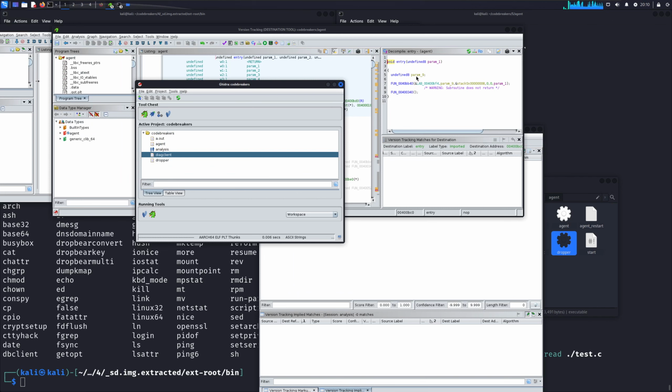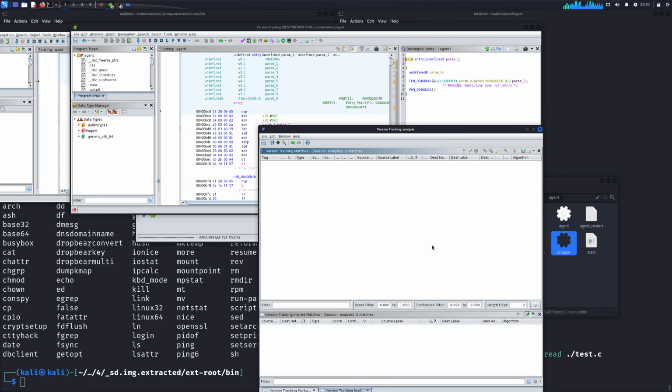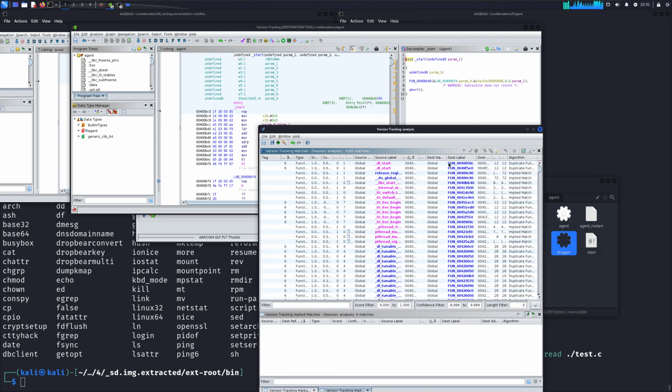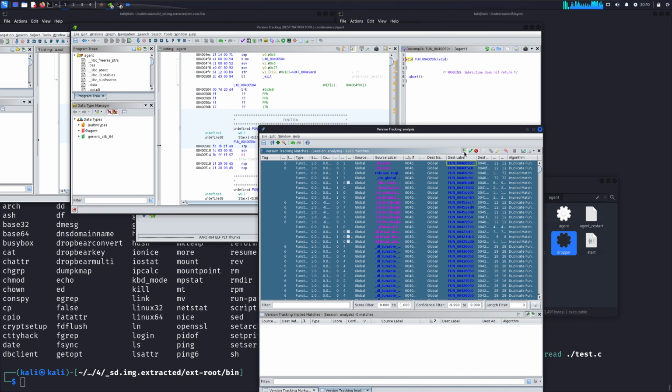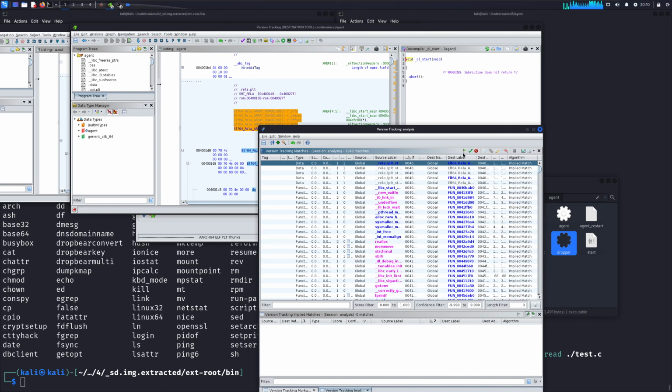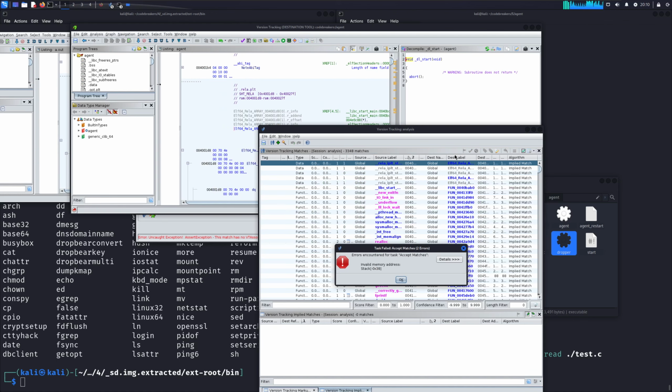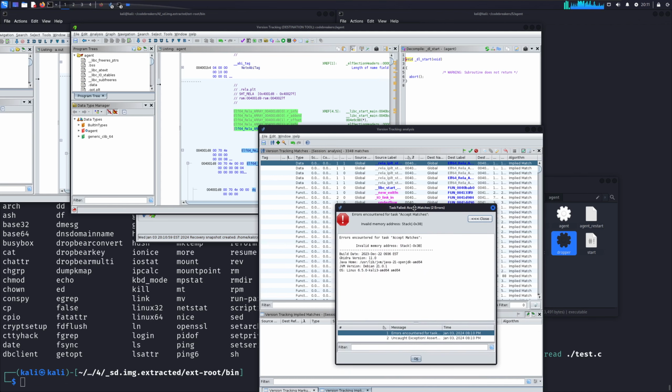Is this guy done yet? Agent looks to be. So now we can do the analysis magic. See if there's any correlations. Looks like we got a couple functions as we should. Just accept them all. We'll just accept them all again. Details. Errors encountered for accept task. Invalid memory address. Stack. It's weird that it's trying to name a stack address,